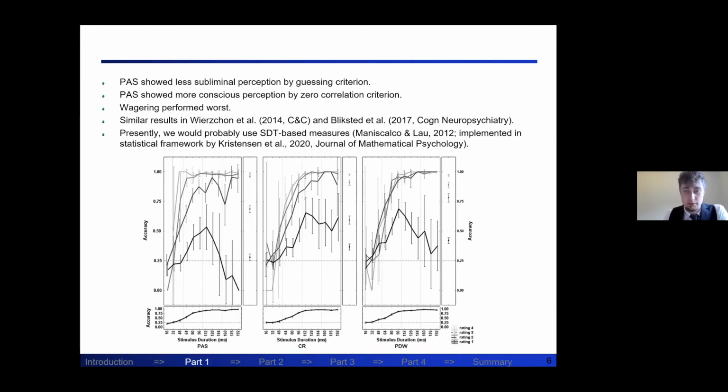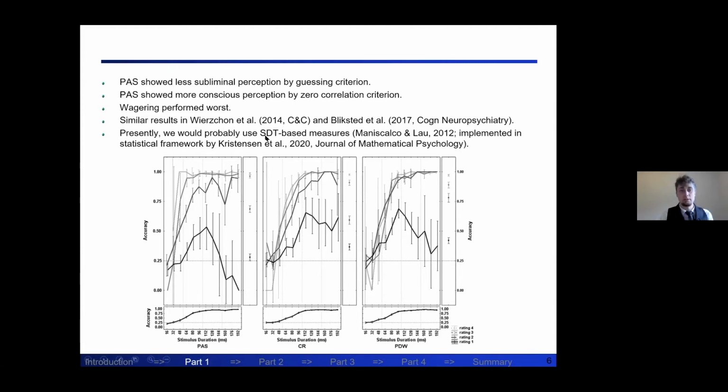Other people have done similar studies. So we had around 36 participants, I think. And Michał Wierciun's lab in 2014 conducted a similar study with a different paradigm, but with 100 and something participants, and found something similar. And a few years ago, we did a patient study, with patients with schizophrenia and healthy controls. And again, we found similar results.